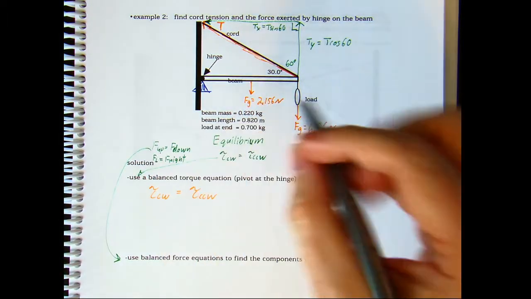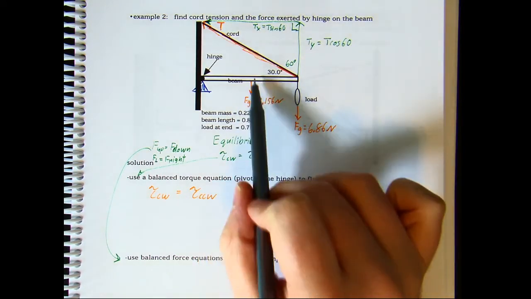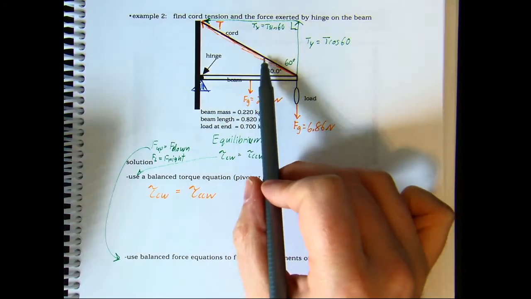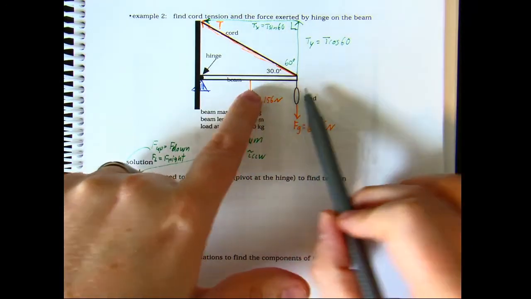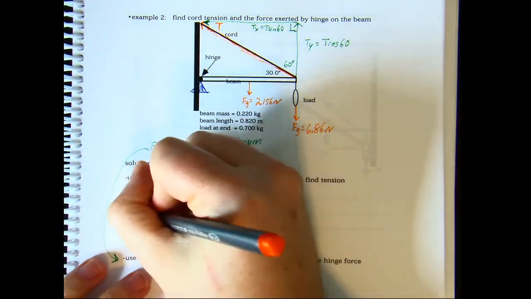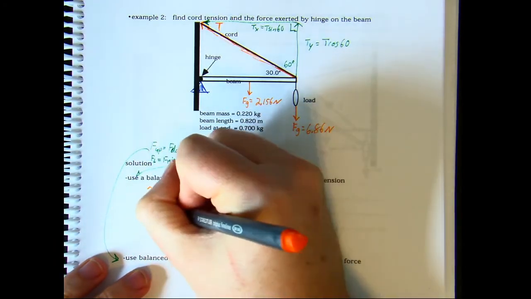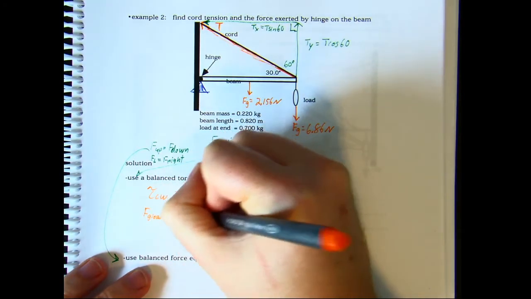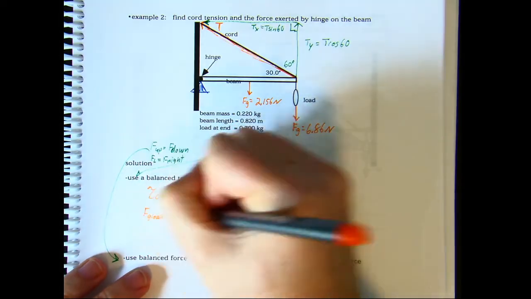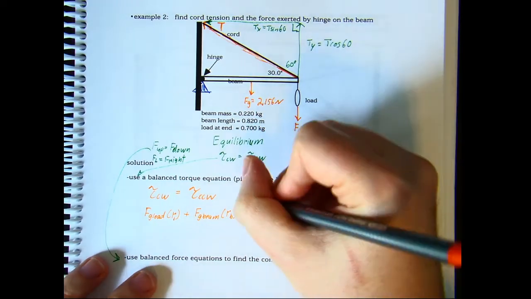So I'm going to have the torque from the load, the torque from the force of gravity on the beam, and the torque from the tension force here. So these two, if these were the only ones acting, would pull this thing down. So these are going to be my clockwise torques here. So I'm going to have the Fg of the load times R plus Fg of the beam times R. I'll call that RL times RB, and that's going to equal,